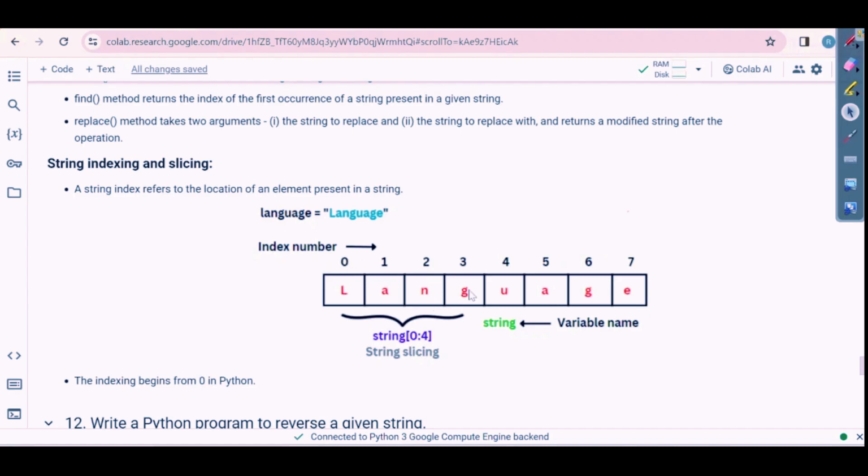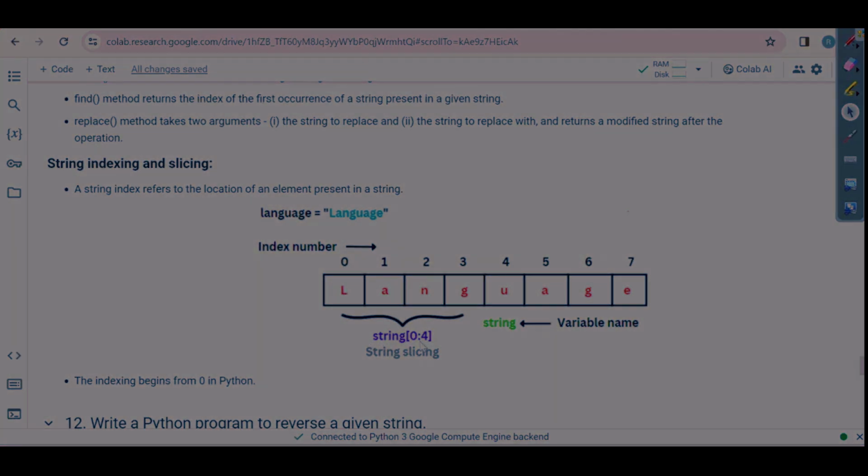For example, if we have to access this G, let's say we have a variable named language and it contains the string language. To access this G, we will write language square bracket 3. Because the index of this G is 3, it will return G. That's how string indexing works. And if we talk about slicing, we can use colon